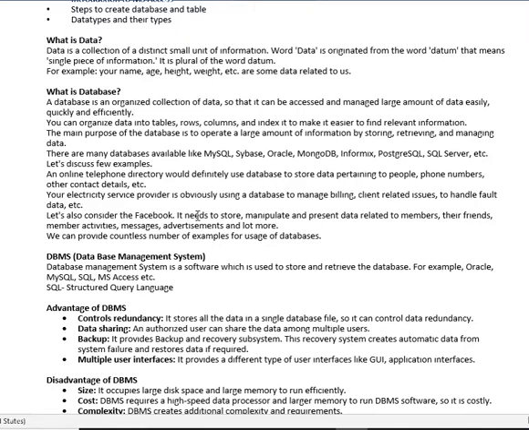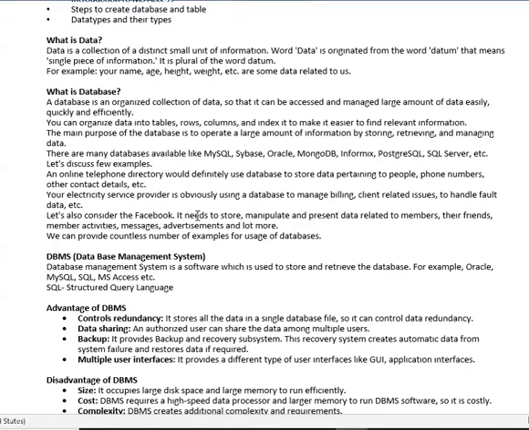And database is an organized collection of data, so we can easily access and manage a large amount of data quickly, efficiently, accurately and easily. The main purpose of a database is to manage a large amount of information very easily.